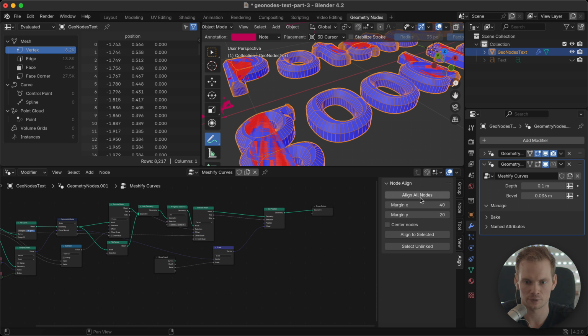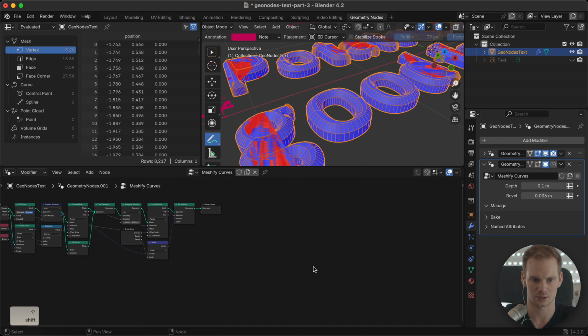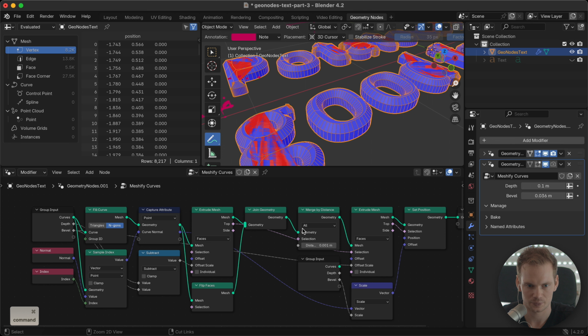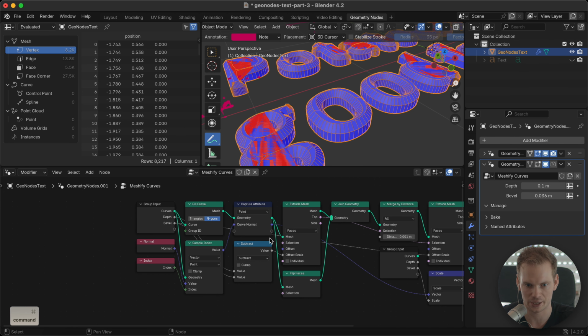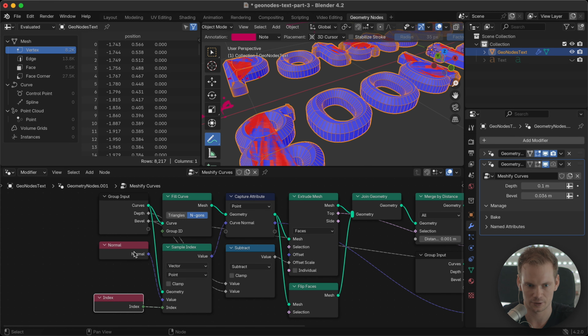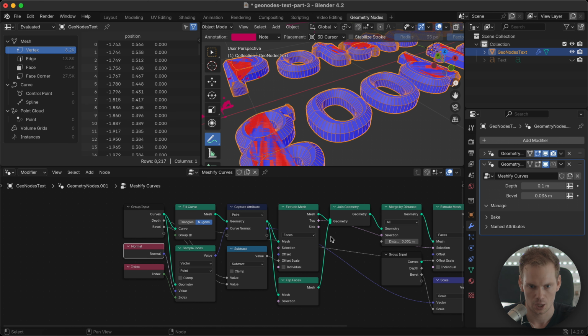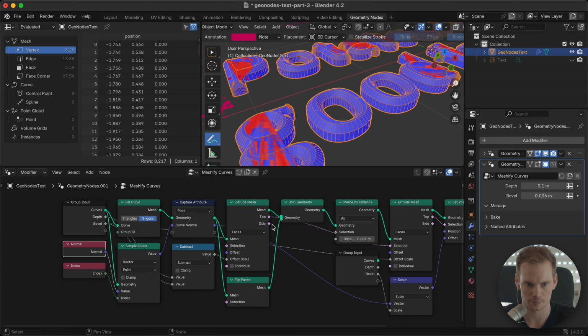But what I pretty much use it for is just to align the nodes, which I added a shortcut for, Shift Command N in my case. So if we hit Shift Command N, this is what we get, and that looks really neat. So yeah, that's just something I wanted to mention, in case you think I have some kind of magic going on. But if your nodes are messy, just Shift Command N and it just cleans it up a little bit, which is useful. So, okay, let's tidy this up slightly before we go into the rounded bevels.